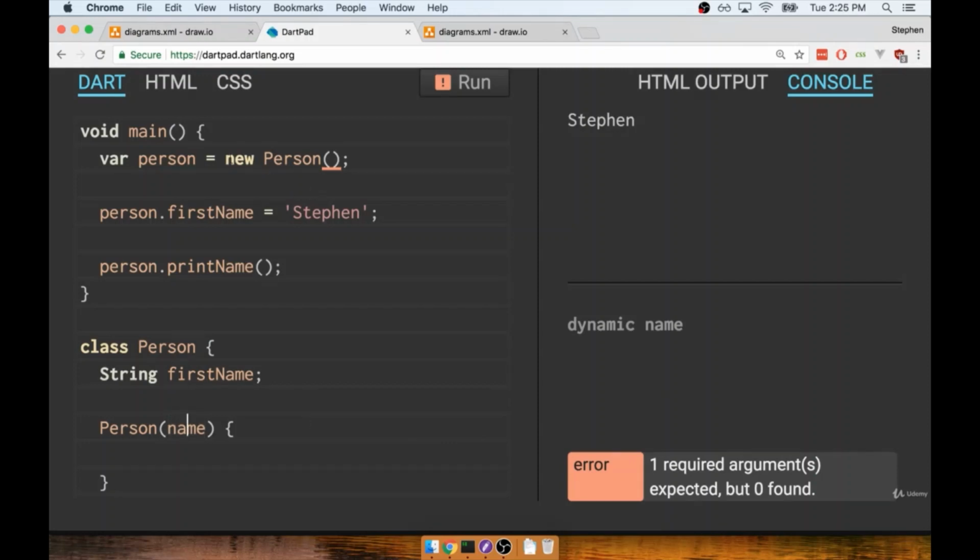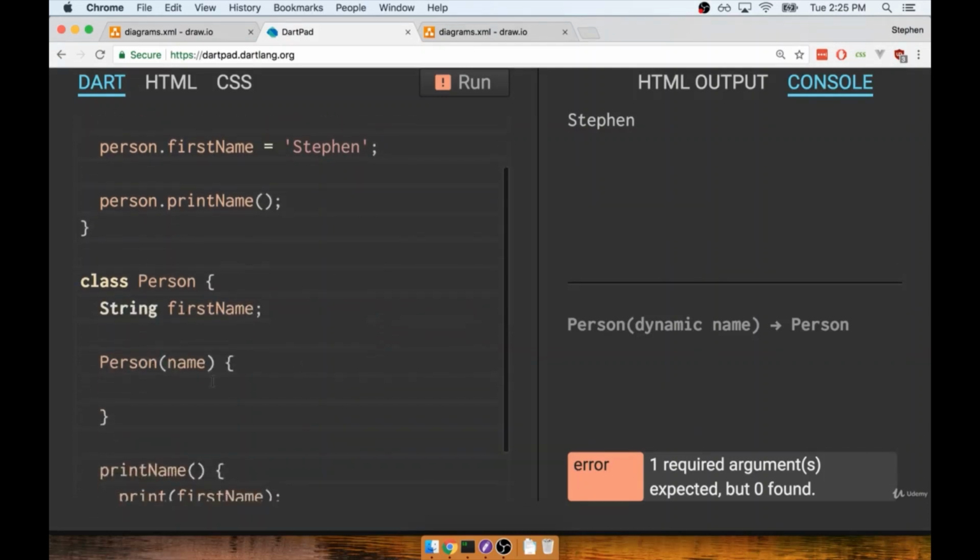So in order to make sure that every person gets created with a first name, we just had to add in the argument right here, and then poof, everything else inside of our code base now says, hey, if you're going to try to create a person, you have to pass along some argument as well. Now we'll fix up this new instance creation right here in just a moment, but first, let's finish